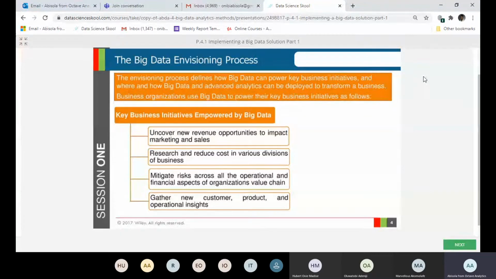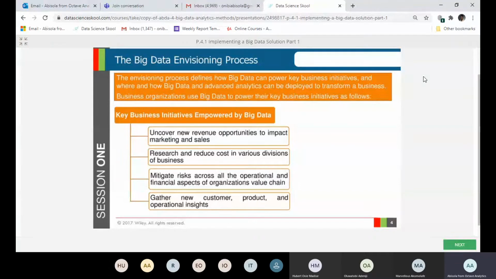So mitigating risk is you are making something less severe. Definitely there will be risks in an organization. You will definitely have financial risks and stuff like that. But mitigating risks is making it less severe, or making it less serious. So that is mitigating risk, and big data envisioning can help you do that. It can help you see ways to be able to reduce these risks across these different aspects in the organization's